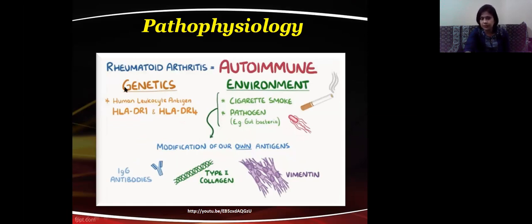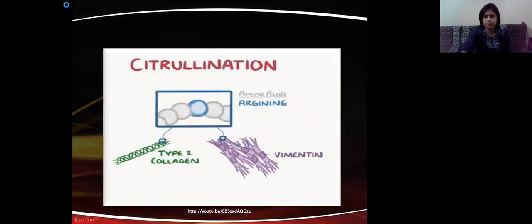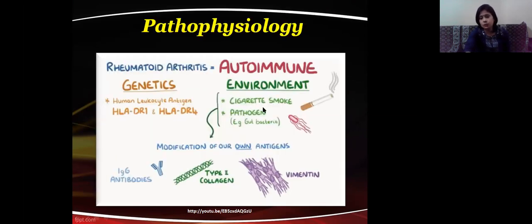For example, a person with some immune proteins, some genes like HLA-DR1 and HLA-DR4, is more prone to develop this disease. So a person with these genes, if they are exposed to environmental factors like cigarette smoking and some pathogens like gut bacteria or some other pathogens,